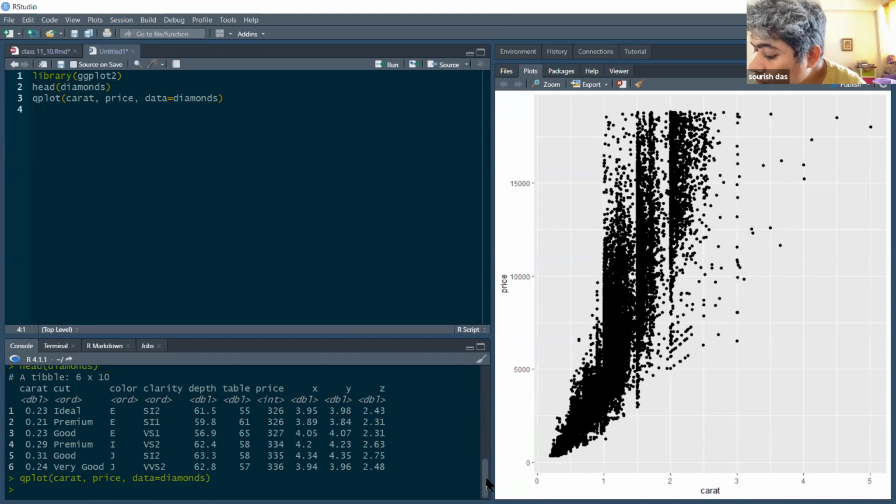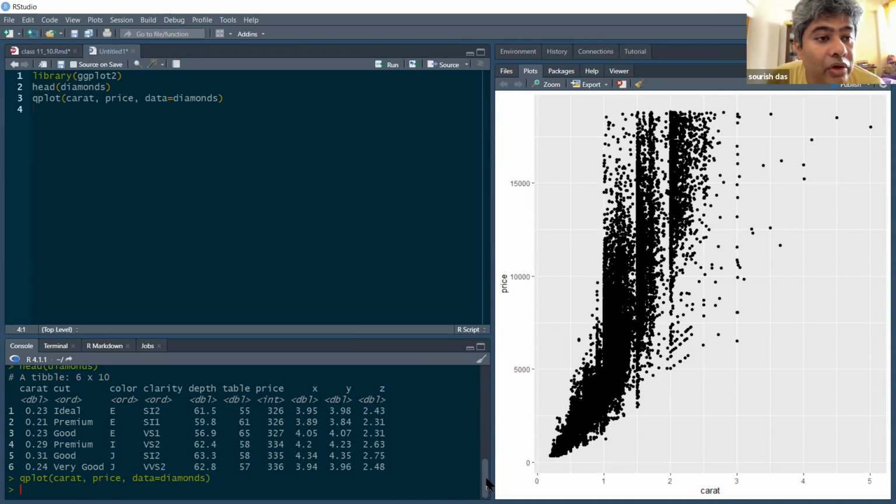So what we can do now is, if it looks like there is some kind of exponential growth happening with the increase of the carat, right? Whenever you feel like there is an exponential kind of growth, like this kind of growth, there is a transformation that you can try, log transformations.